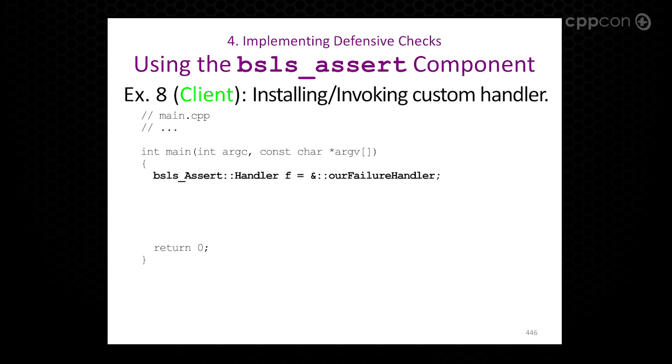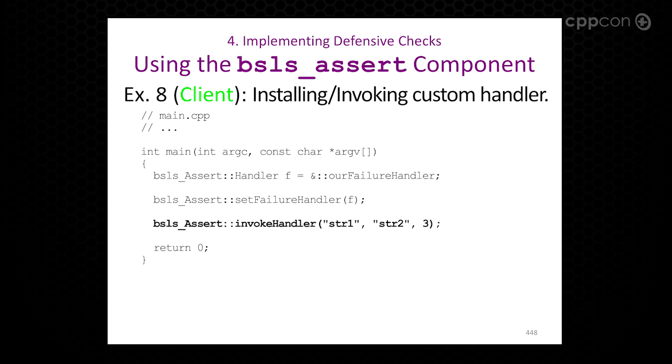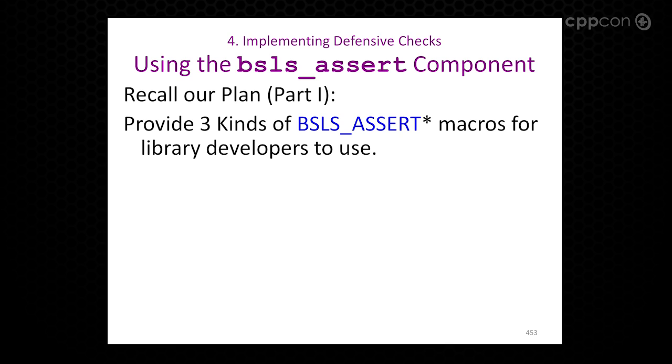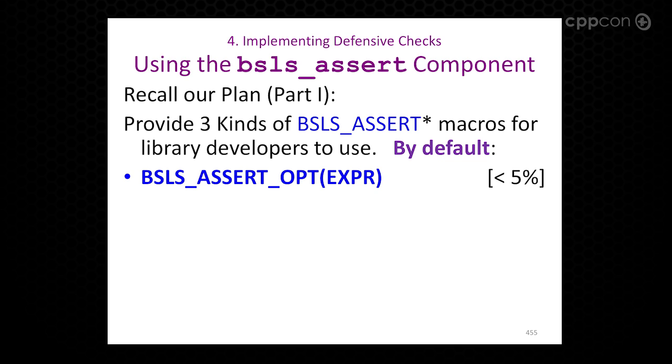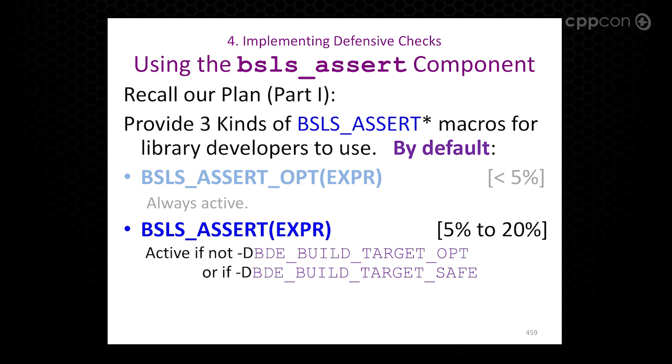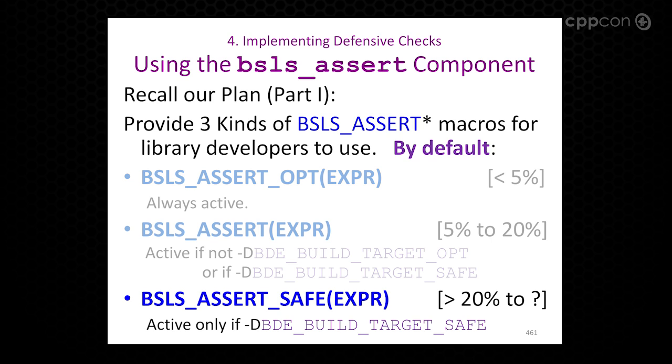Here it is. I can take our failure handler and I'm just demonstrating some of the functionality, set the failure handler to F, and then invoke the handler, because another function that we happen to have is that you can invoke the handler directly. You don't have to do it through one of the assert macros. However, the assert macros do in fact invoke the handler under these circumstances. All right. And then that's what happens. So far, so good? Okay. Now, our plan part 1 was to have 3 kinds of asserts that by default we have 5%, 20%, and more than 20%. Okay,